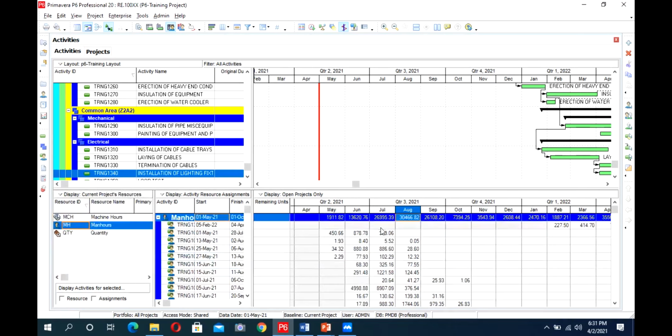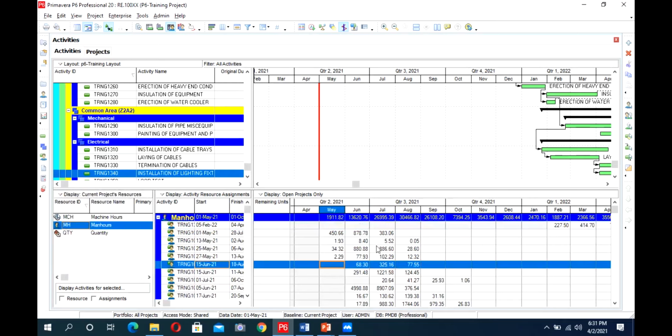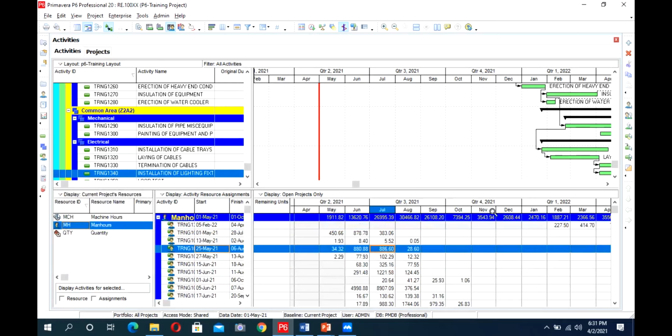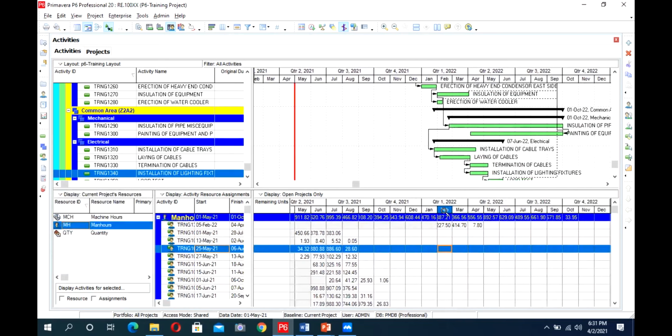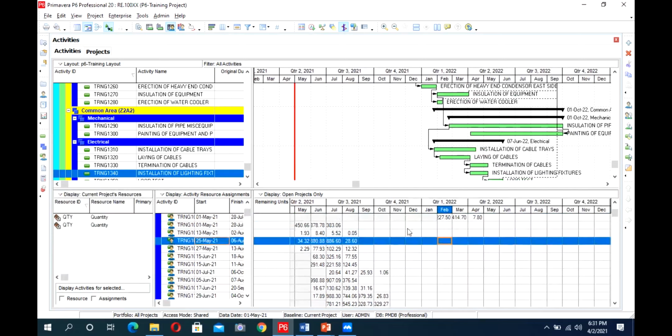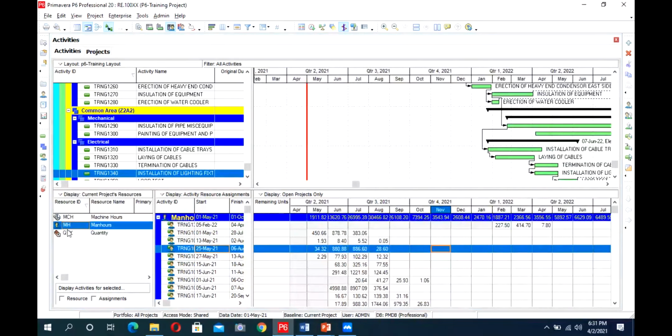For man hours, these are the man hours. You can assign the filter here. There it is showing all, but I just want to see my project resource only. So it will show you your project resource. So these are the man hours which I will need to complete my project in the different months. So it is showing that this will be the man hours I will be required to complete my work.